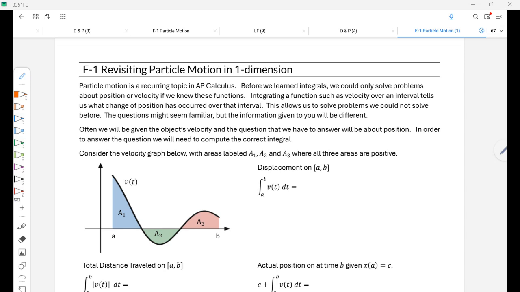So we've talked a lot about particle motion. We've answered most of the questions that they would ask us. The only piece that was missing was the actual integral. So before the integral, if they gave you velocity, there was no way to work your way back up to